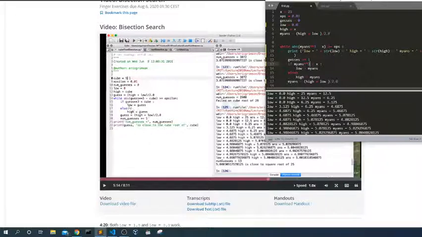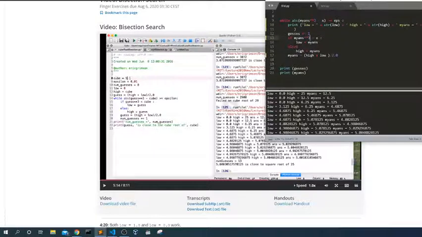Right, low, high, guess, title. Yeah, this is it. But it's just he moved the count 1 from here to here, and this stays. Yeah, so it's the same.